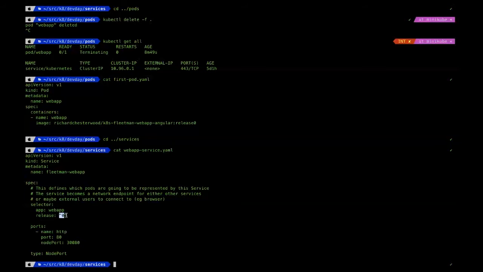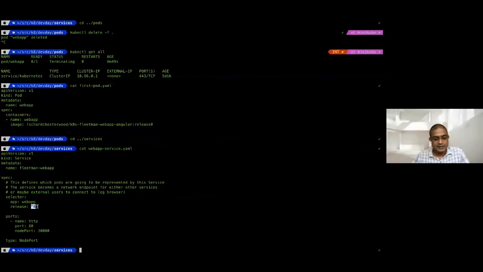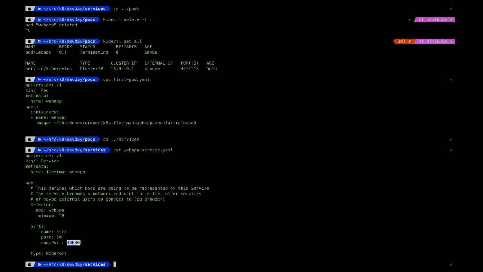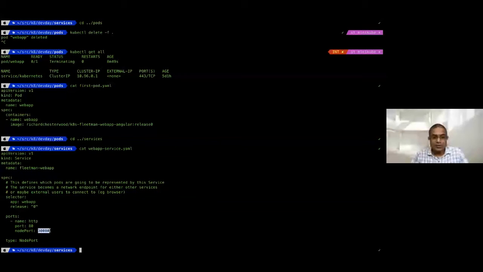That is port 80, because this would be an HTTP application. And the node port means the port on which you are exposing your service to the outside world. Remind you that whenever you expose any node port, the port number has to be more than 30,000. That is a Kubernetes rule.